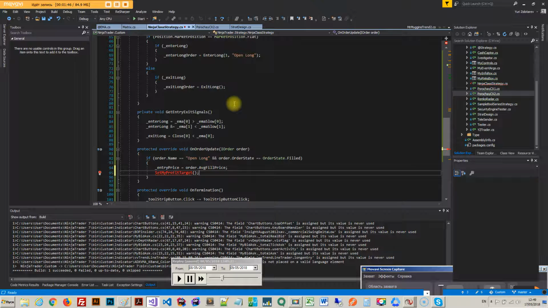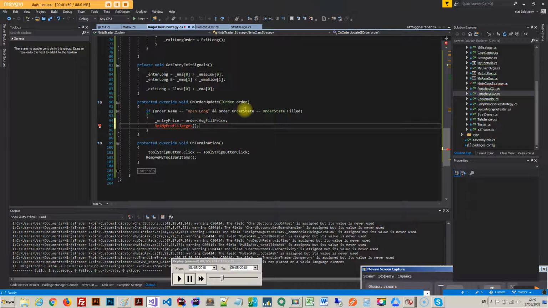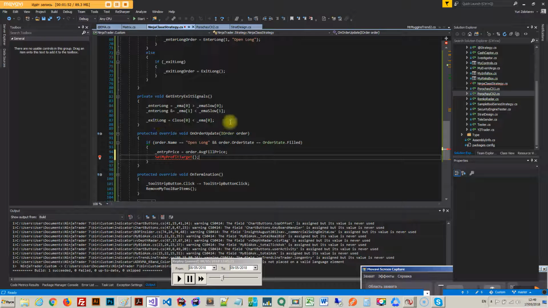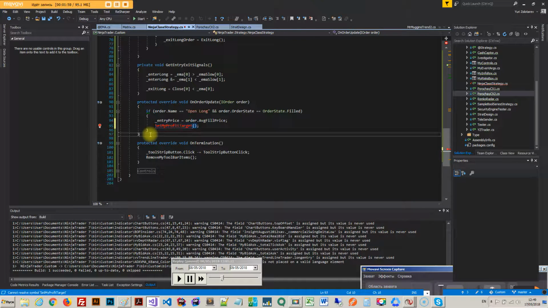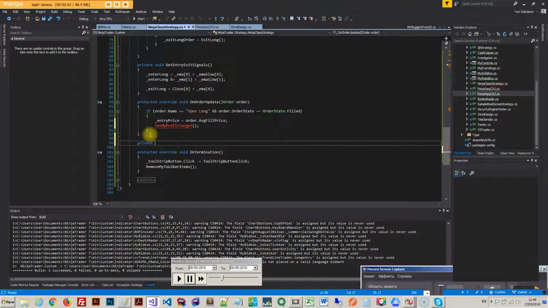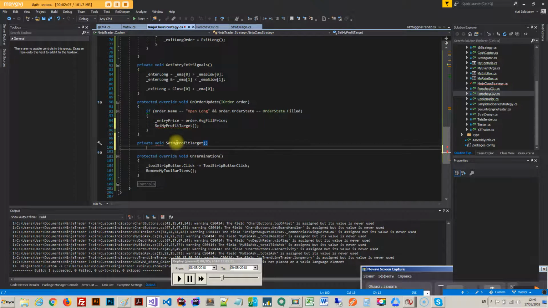Right when I got filled, I've got a stop there already. So if I go below the fast EMA, I'll actually exit. But I also want to play around and set a profit target, right? If it's going to take too long, I'm just going to pause the video. So I'm going to set the profit target, and basically,